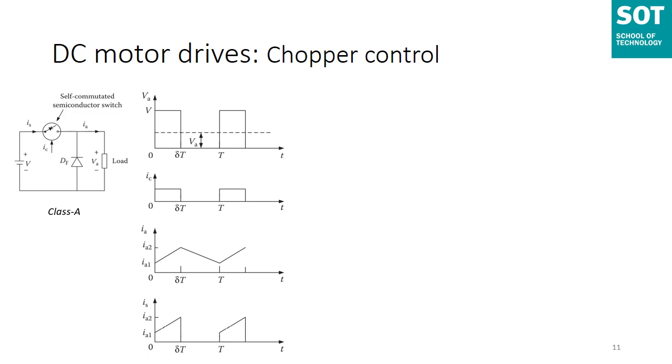Now if you can see from the waveform of the control signal, the second graph, IC is the control signal. The control signal is nothing but the base current for a transistor chopper and a gate current for a GTO chopper, or the main thyristor for a thyristor chopper. If a power MOSFET is used, it will be a gate to source voltage.